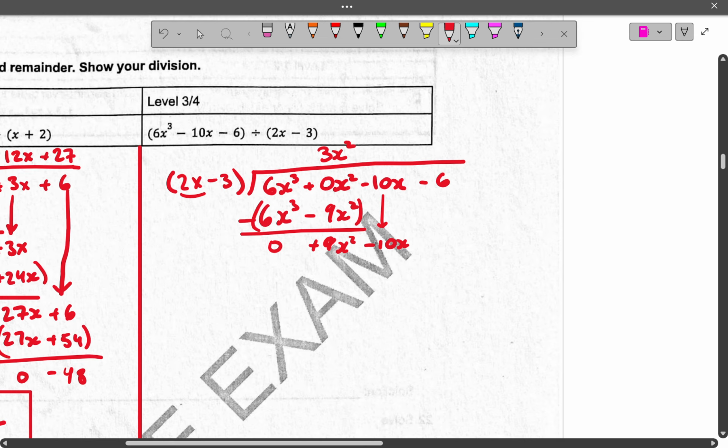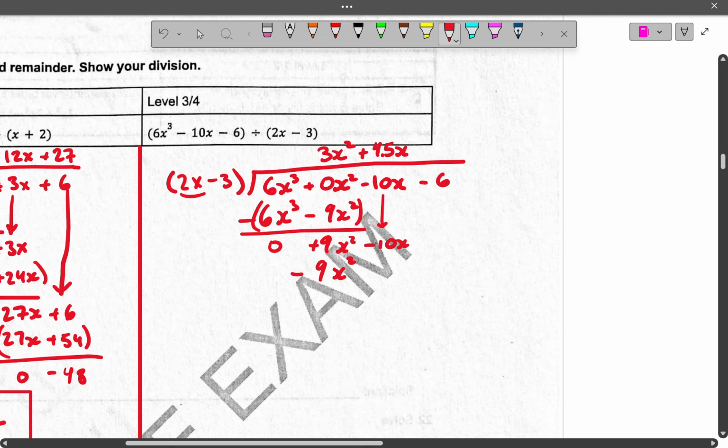And then to get this 9x squared removed, I need to get something times 2 will give me a 9, so 4.5. So I can do 4.5x. And then 4.5x times 2 gives me 9x, and then times x gives me 9x squared. So I get my 9x squared,